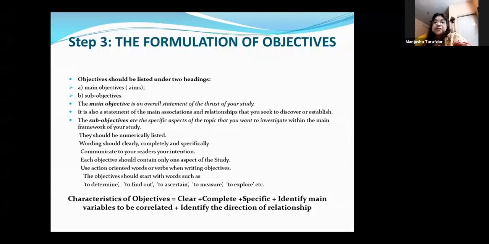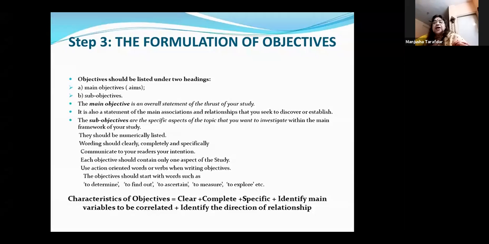That means the objective should start with words such as to determine, to find out, to ascertain, to measure, to explore, etc. What you are going to do, you have to state clearly in each